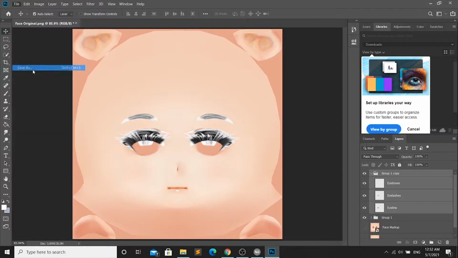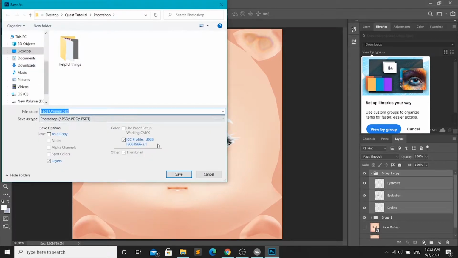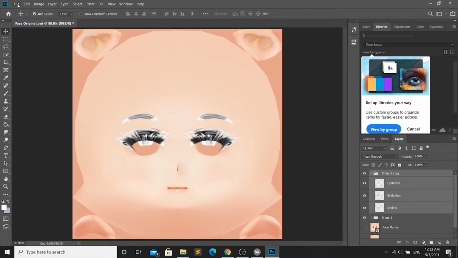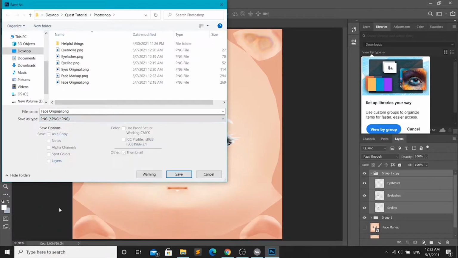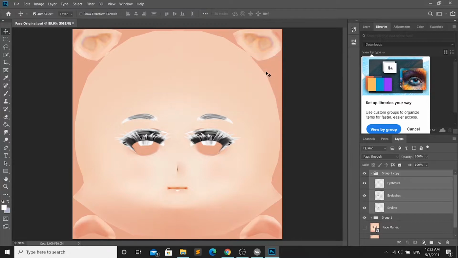File, save as. I'll just leave it as is, original face, PSD. And then I will save a PNG, so we have that as an image. And I'm going to call it face fix instead of face original. Alright. And then